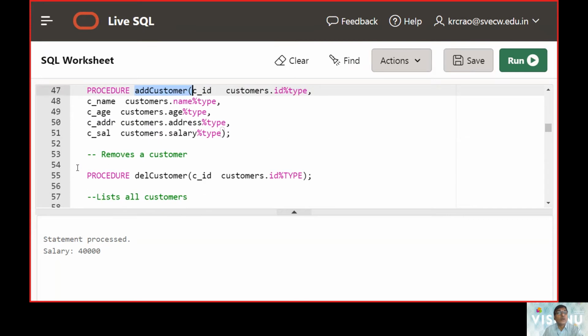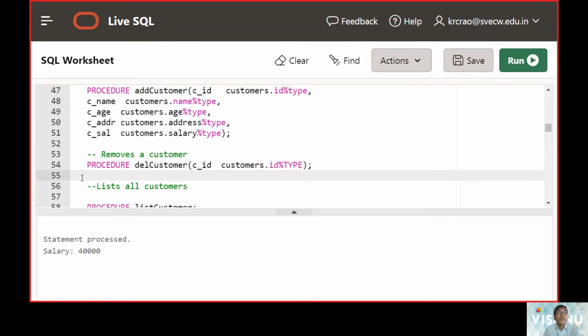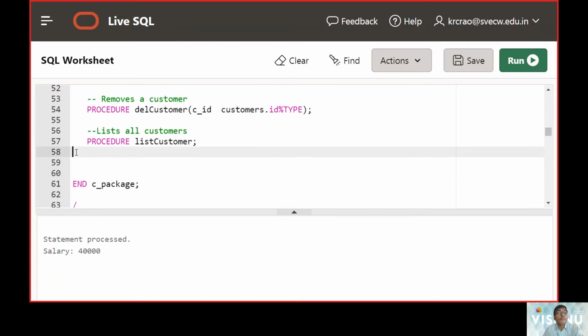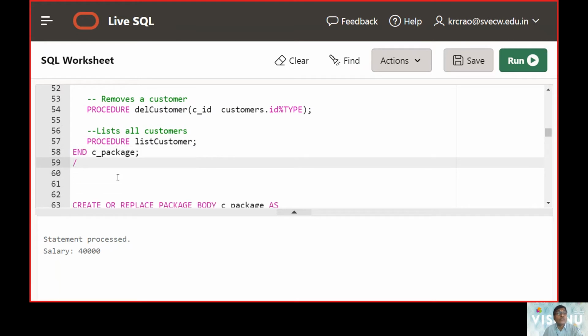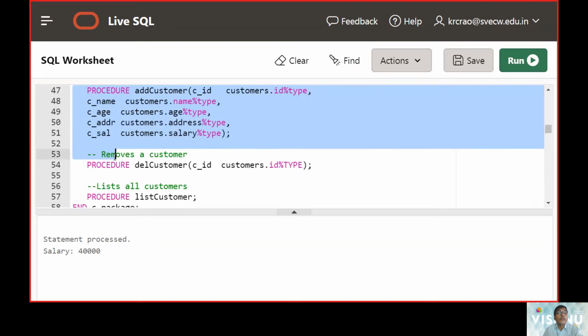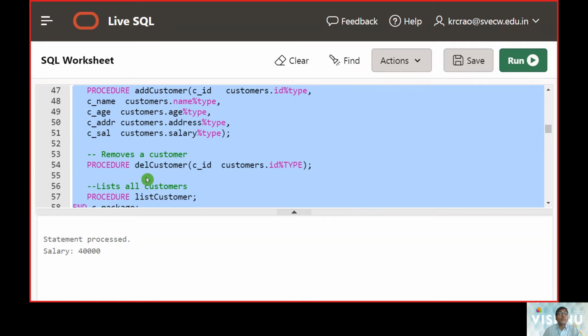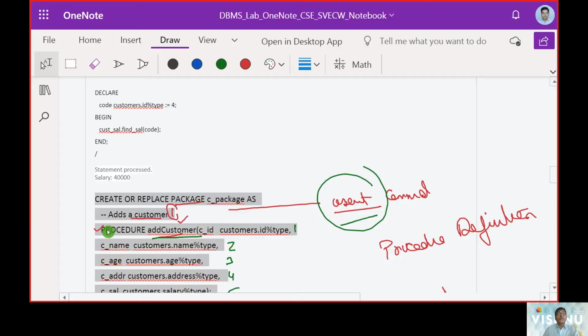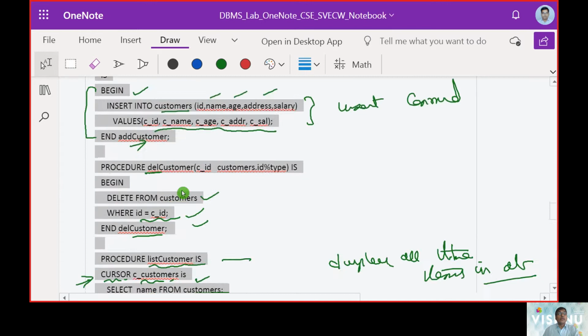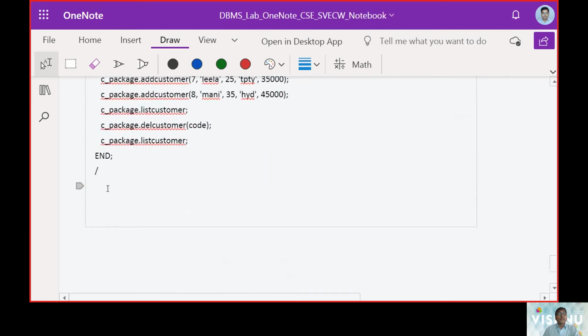Next it is including one more procedure, to delete a row. Third, we are going to end the package. So up to here we made the package definition. In the package definition, we are yet to add a customer, remove a customer, or list the customers. So at this case, we can say the package was created.